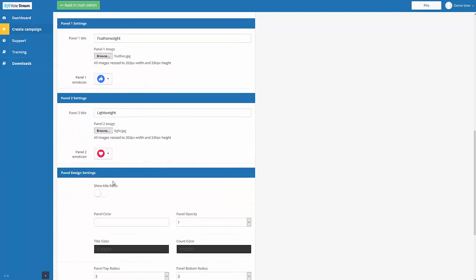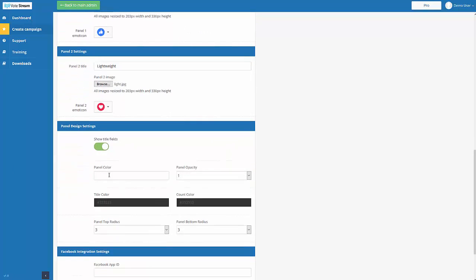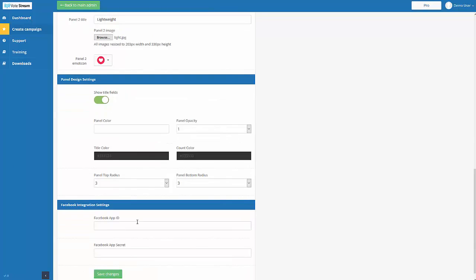Now we can turn on the title fields. This will display the title fields. You can set up the color, the opacity, the title color. I'm going to leave it all as default. Next thing, you enter your Facebook app ID and secret here. Don't worry about this. It's literally copy and paste. It takes less than 1 minute to do. Now we simply click save changes, and we're going to be able to preview the contest now to see how